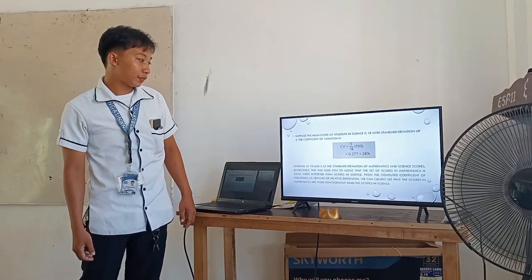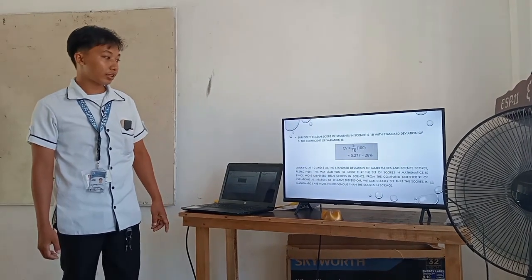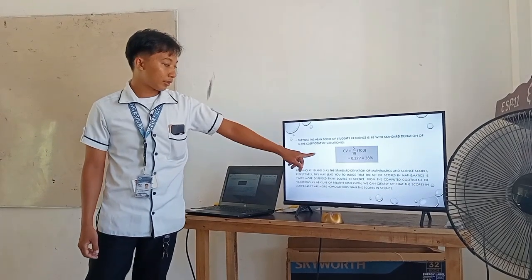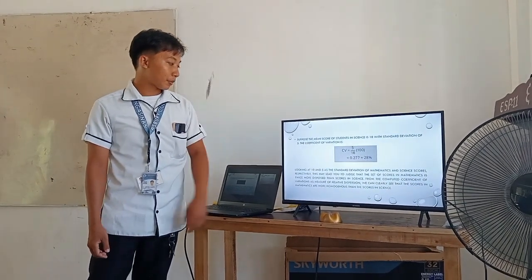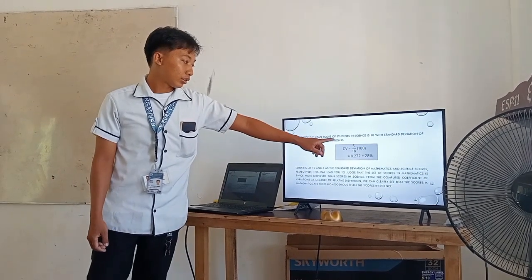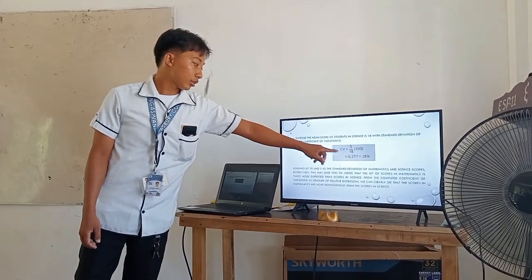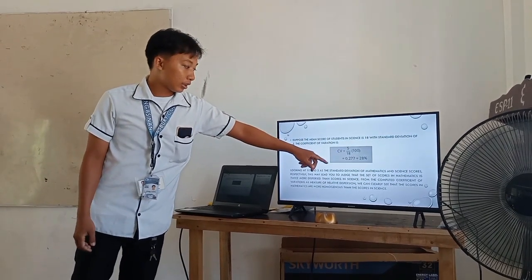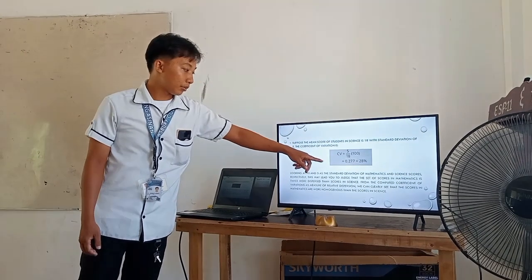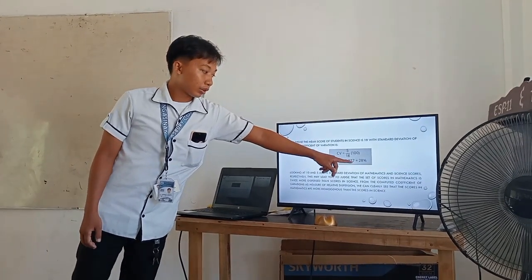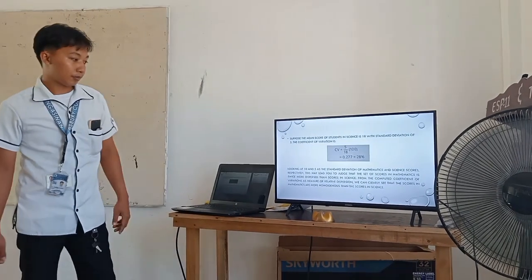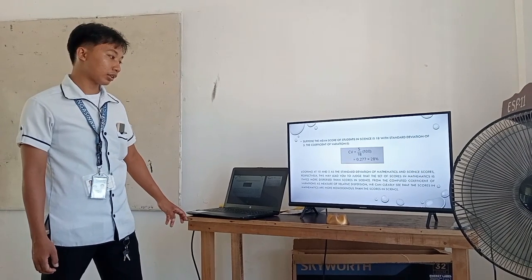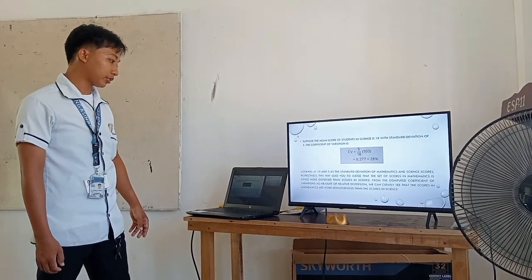Suppose the mean score of the students in science is 18 with a standard deviation of 5. The coefficient of variation is. So, ito po yung another example ng pag-compute ng coefficient of variation. So, students in science is 18, then standard deviation is 5. 5 divided by 18 is 0.277, then round off, tapos times 100, is 28%. Looking at 10 and 5 as the standard deviations of mathematics and science scores, respectively, this may lead you